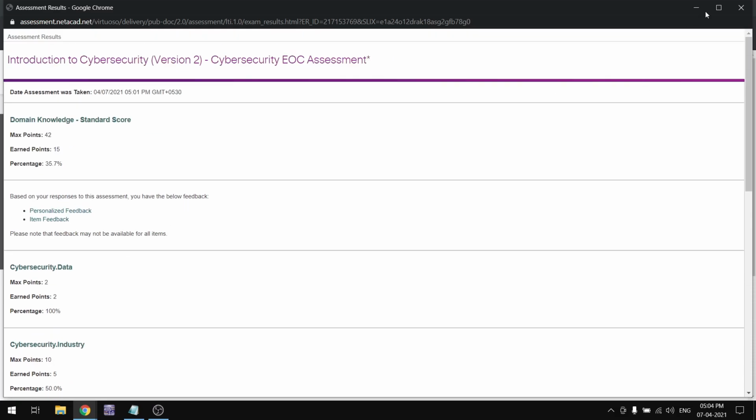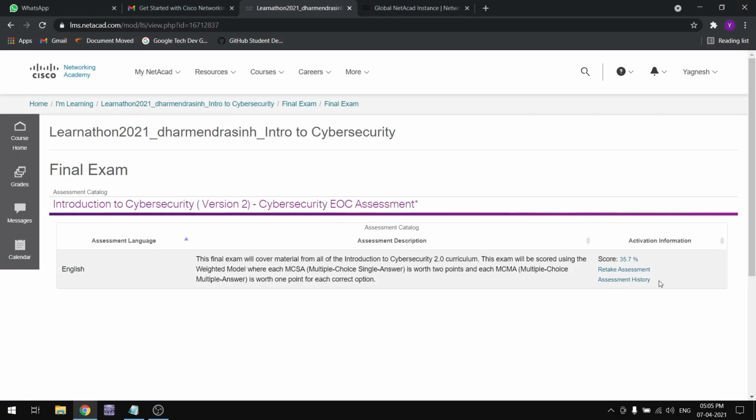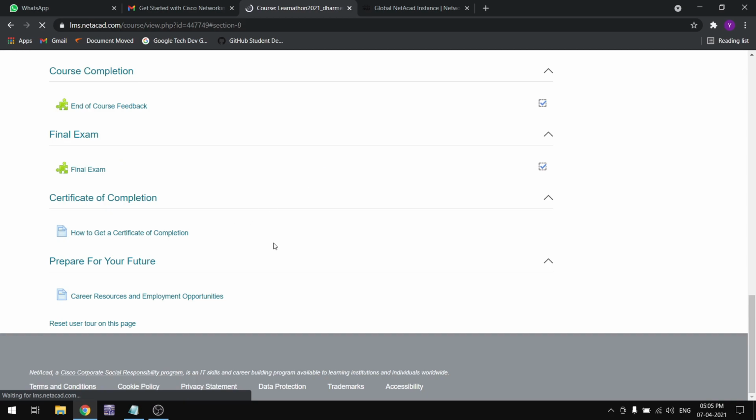Just close this window, and then go to your home page, where you can see the final exam is already completed. Just click here, certificate of completion.